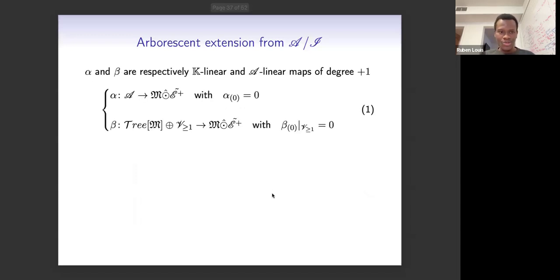Let me say more about them. The alpha and beta are k-linear maps. The first one is k-linear, the second one is A-linear. They are of degree plus one, and they are defined as follows. In general, this computation is reduced to the following thing, because every time we are doing this computation,